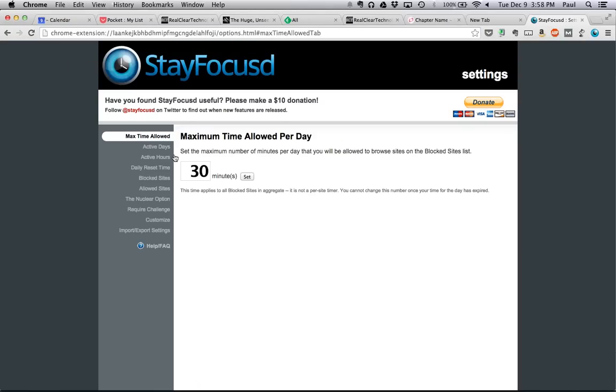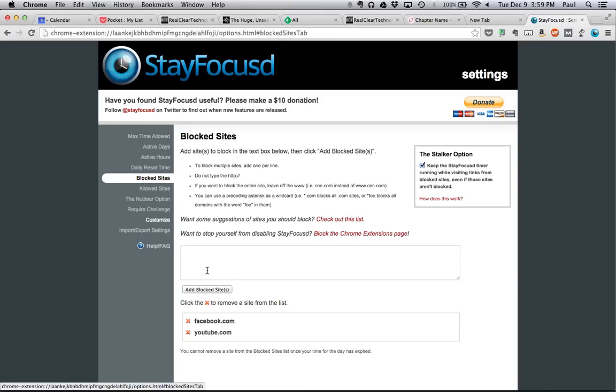Now, here's the main thing. You see blocked sites? If I go to blocked sites, this is where I can add blocked sites like Facebook or YouTube. Now, what does that mean if I'm adding something here? It just means that I want to limit the amount of time I spend on these particular sites. So I add Facebook and YouTube on there because it's very easy for me to get caught up and spend too much time there. So I try to limit my daily allowance. Now, I know there are ways around this, but this is a good way to keep yourself focused.